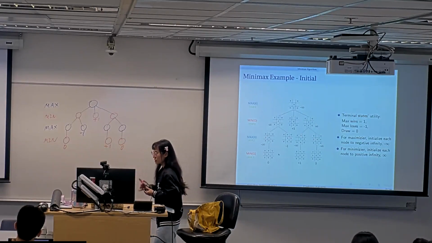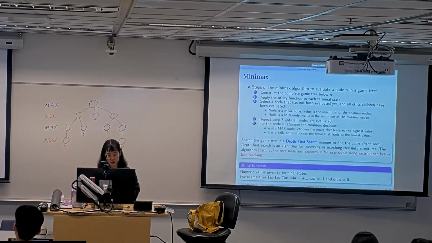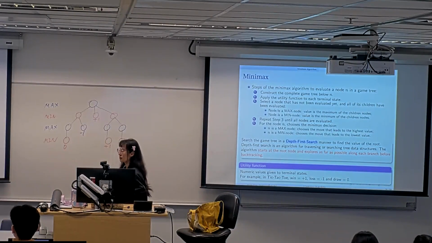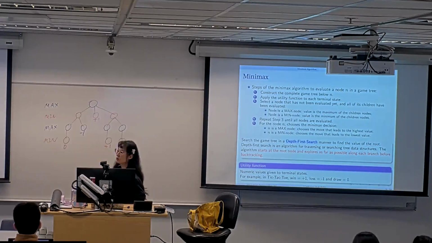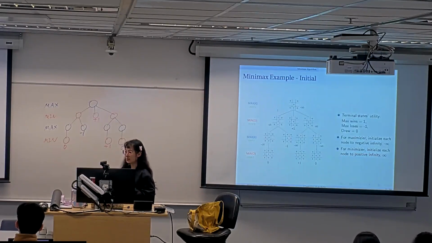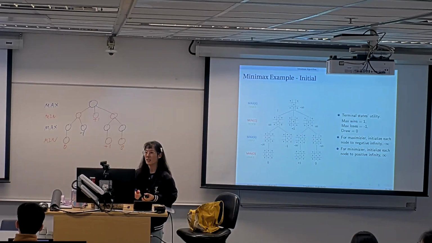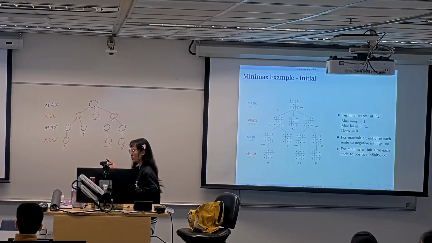Now in the Minimax algorithm, we have a step that if the node is a max node, then we will take the maximum value. If the node is a min node, we will take the minimum value. So basically we always need to compare the node's value with some previous values, and to make it easier, especially later on when you want to program the Minimax algorithm, we will initialize all of the node values. And how to initialize them? To make sure that you can update all the nodes correctly, it's better that we initialize all the max nodes with